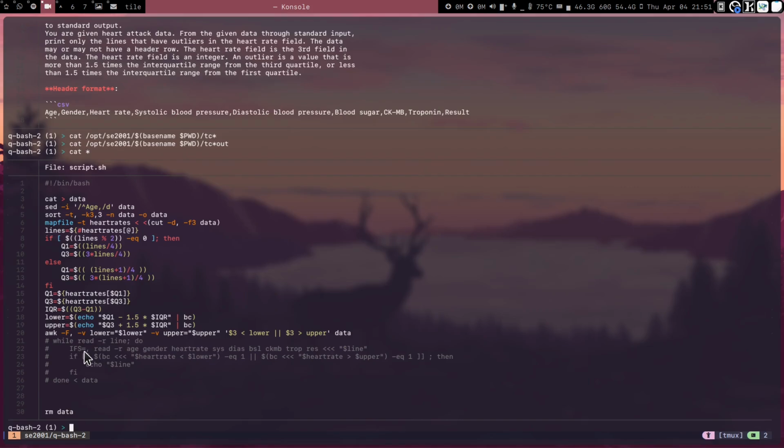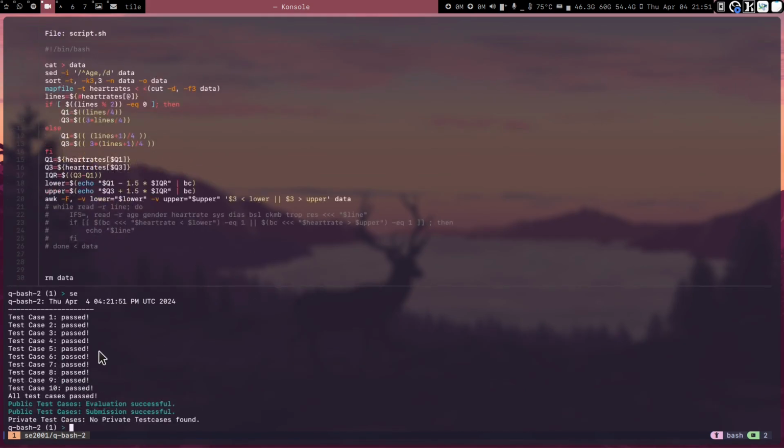and we can then split the file with comma. So we can set IFS to be comma and read each variable, age, gender, heart rate, etc. into the variables using the read and the triple less than sign, and then we can check if the value is less or more using BC. So this will be slower because we are reading line by line, whereas awk is more efficient. So the awk solution is faster than the while loop solution, but both of them will give you the correct